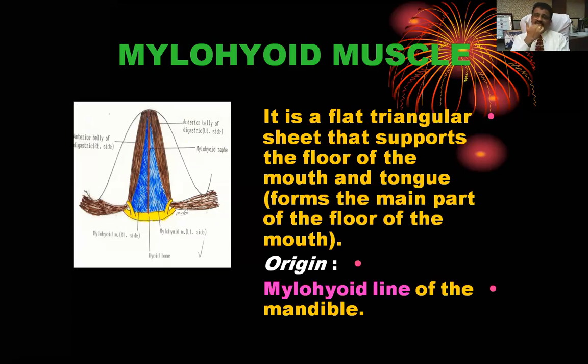So from inside, if you look below the tongue and press your finger, you'll find this muscle just below the sublingual salivary gland. Now, the origin of the mylohyoid muscle: it starts from mylo and ends at hyoid. Means origin is on mylo and inserts on the hyoid. I told you yesterday also, mylo means mandible. So mylohyoid means the mylohyoid line of the mandible. There is a line on the mandible. If you study osteology of the mandible, you should know where the mylohyoid line is.